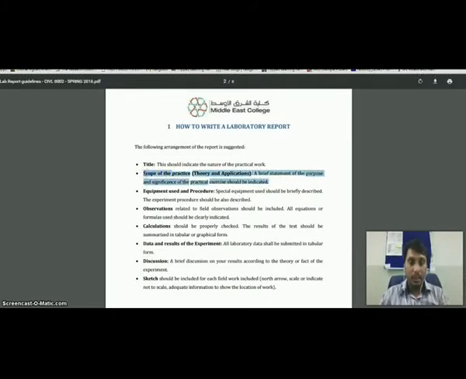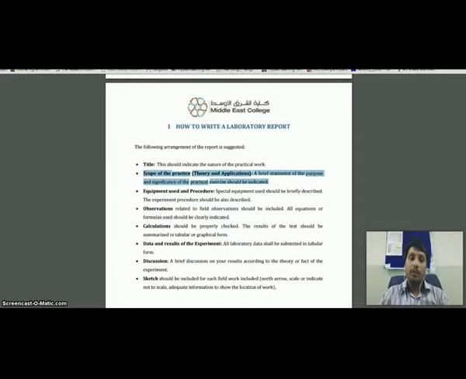You should search for some information from the internet and frame it in your own language. If you copy from the internet, it is going to be plagiarized. You have to submit this report under Turnitin, so take care of plagiarism. So write theory about the auto level, manual auto level, electronic auto level, what is leveling, and where you use leveling. Applications means what the applications of the auto leveling instrument and leveling survey are in the civil engineering field.